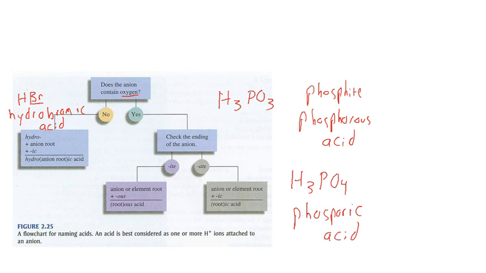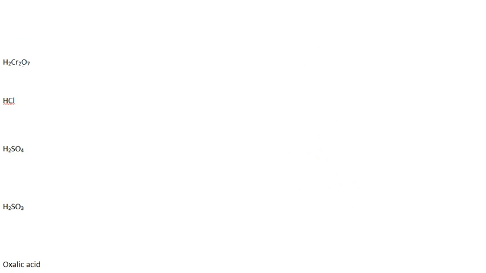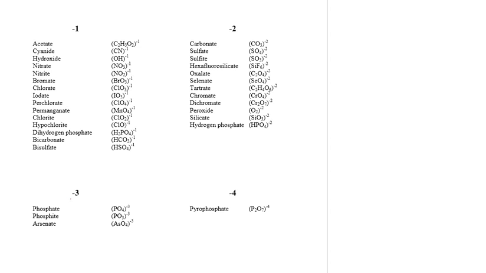Okay. So I've got some more examples up here. We can work through them. First one here, H2Cr2O7. We're asking ourselves, is there oxygen? Yes, there is. So we need the root of this polyatomic ion. If you look on a list, you can find that Cr2O7 is dichromate. So we would call this dichrom. Instead of ate, we change ate to ic. I ate something icky. Ate and ic go together. So this is dichromic